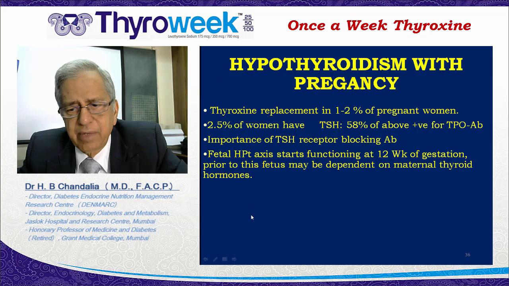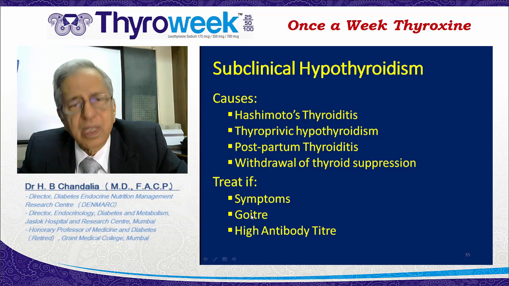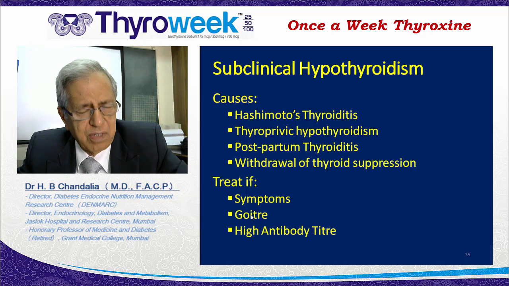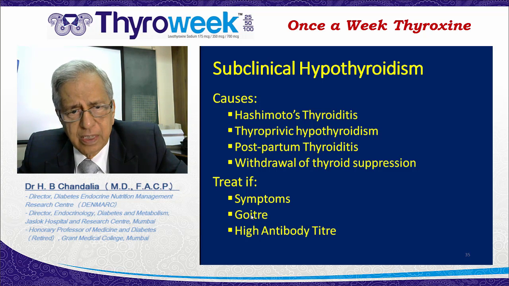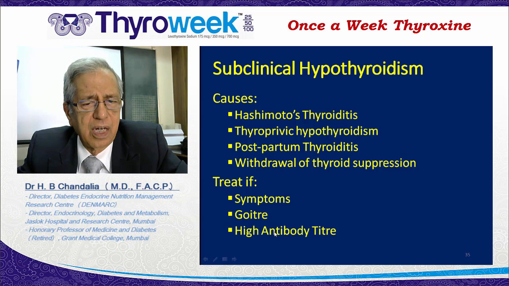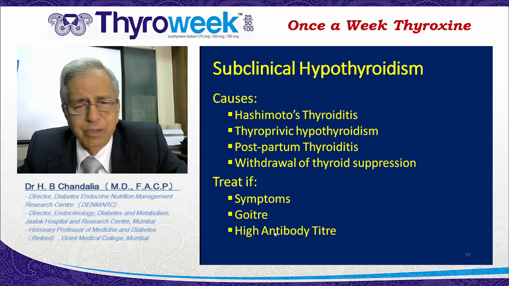It's worth replacing when a goiter is present because the goiter is always indicative of a high TSH drive, and you would like to suppress the TSH in order to shrink the gland, and therefore I think it is worth replacing. And whenever you have a very high antibody titer, it is important to replace because you know that this is an immune thyroid disorder and it may evolve into hypothyroidism anytime, and sometimes in the very near future, and therefore it is worth replacing these people.